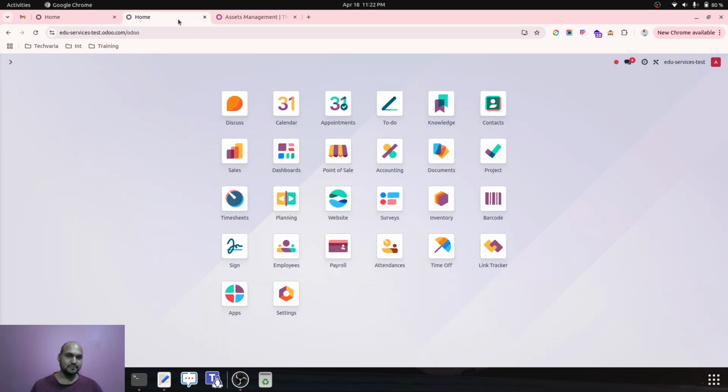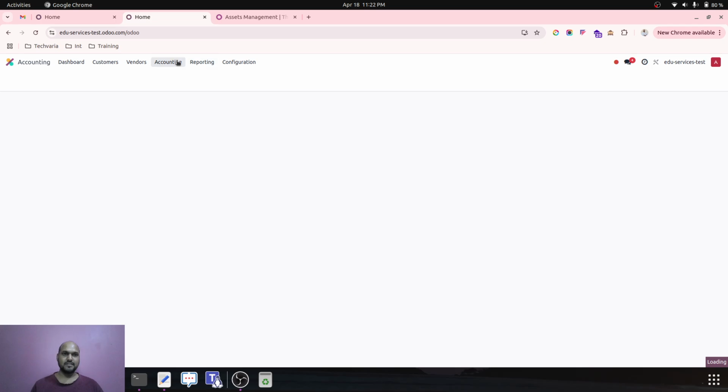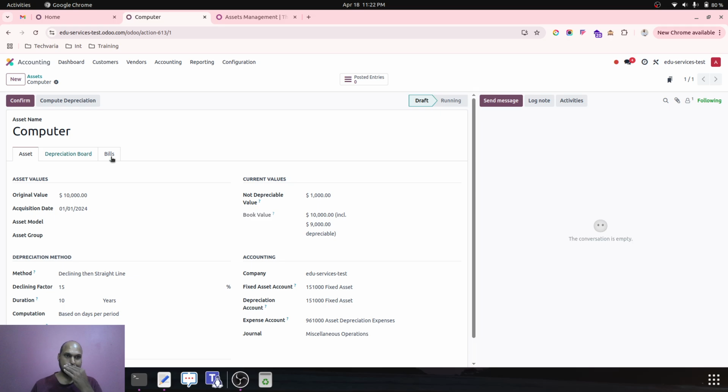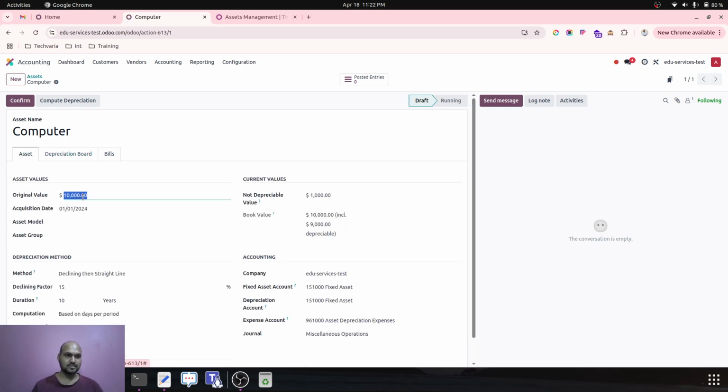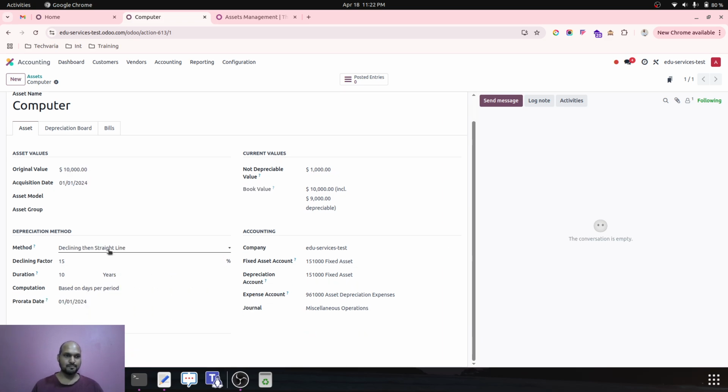Now, in terms of the Odoo default, Odoo Enterprise Edition, when we go to Accounting and create any asset, we can purchase and connect that bill over here and then create an asset with its original value, acquisition date, non-depreciable value, and then a plan like the method of depreciation, starting from straight line, declining, or declining then straight line, and we have to give a factor and years, and then do the computation method. So let's say I give the declining method with a 15% factor,